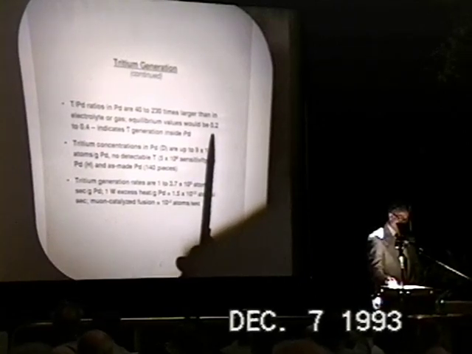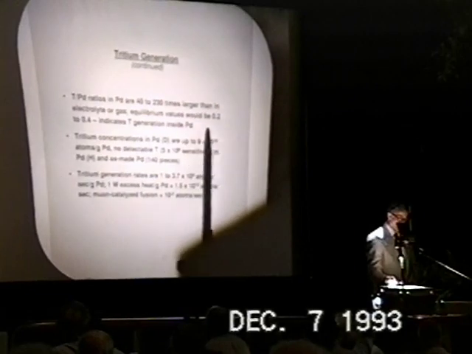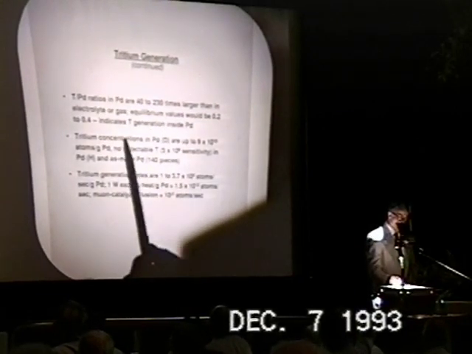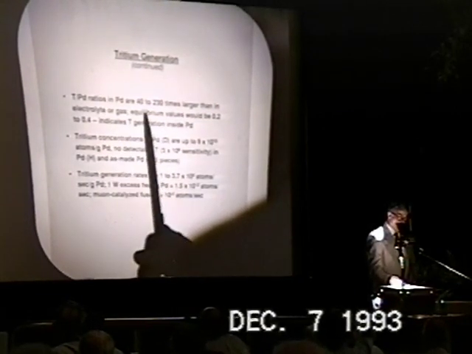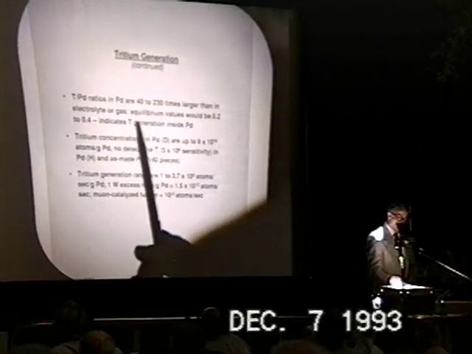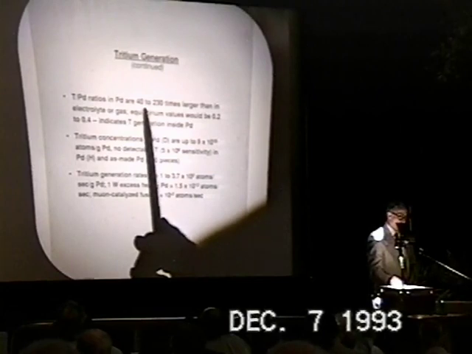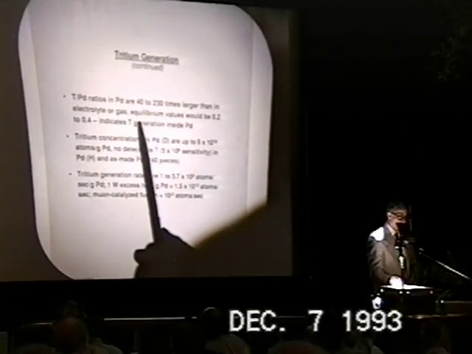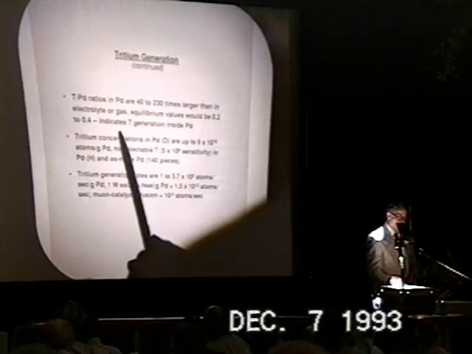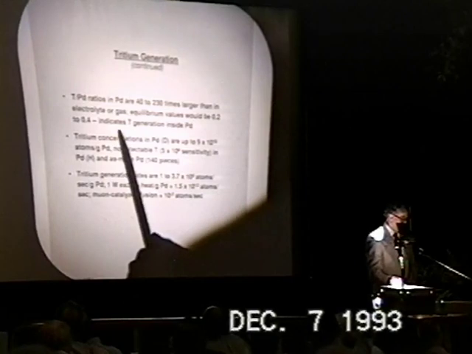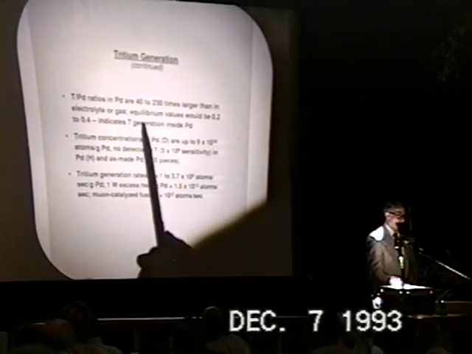They would only be 0.2 to 0.4. In other words, what this means is that we have a situation where there is very much more tritium in the metal than either in the gas or in the electrolytes, and that can only mean that tritium was generated inside the palladium. Of course, as time goes on, that